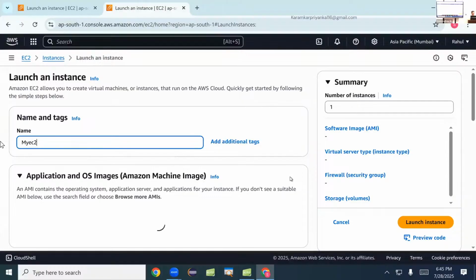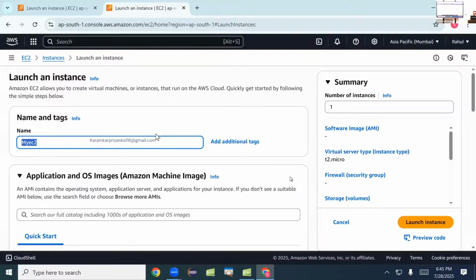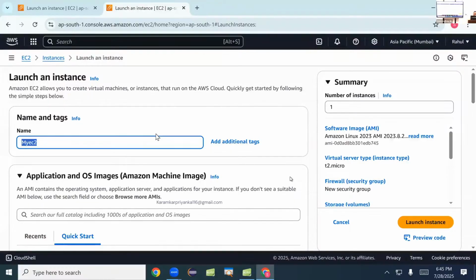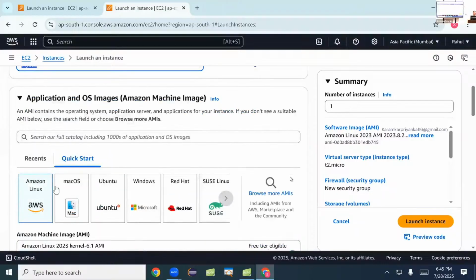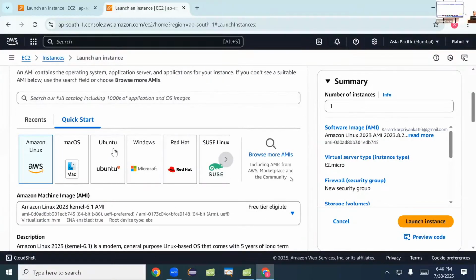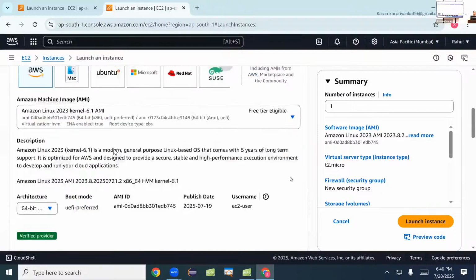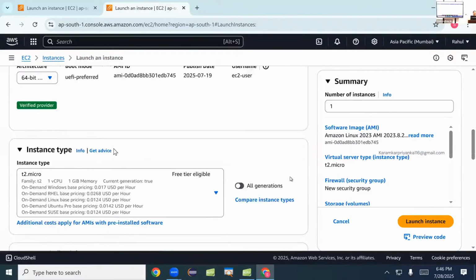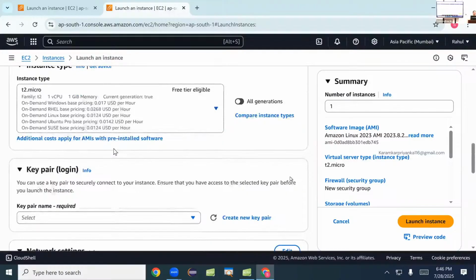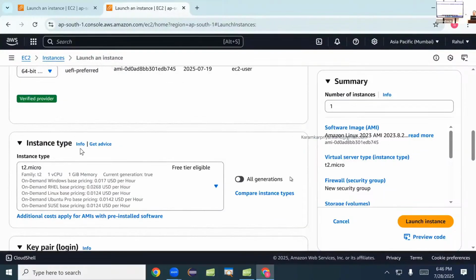So Amazon Linux. Instance type t2.micro. Instance types we'll see